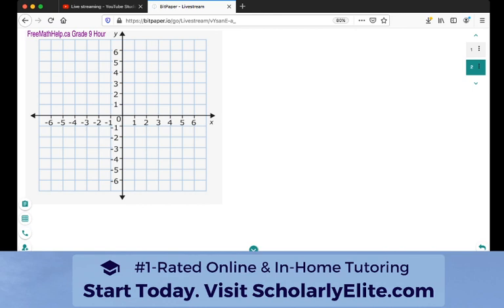I'm just going to put this up here. So the question says, graph the lines using x and y intercepts. Make sure to clearly label. Okay, so